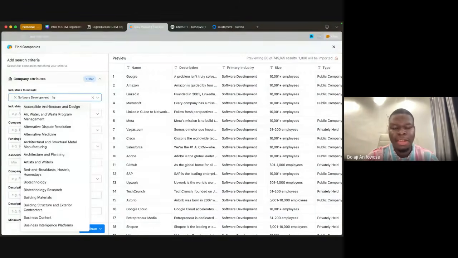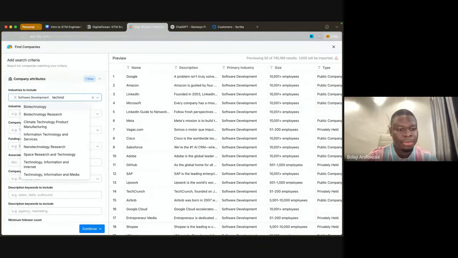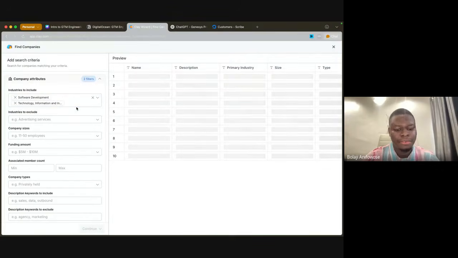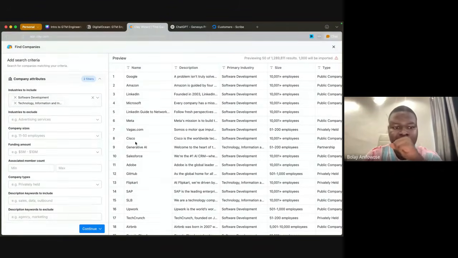If you check on LinkedIn, that's the industry that a lot of people use, because this is built on the industry categories LinkedIn uses. There's also a model called the next model that pulls industry categories from there. So let's also look for technology companies. We can select technology, information and internet. You can see in real time it's showing me